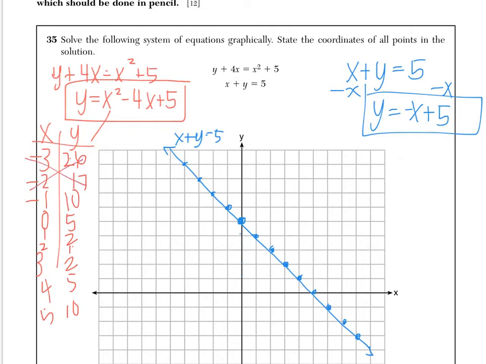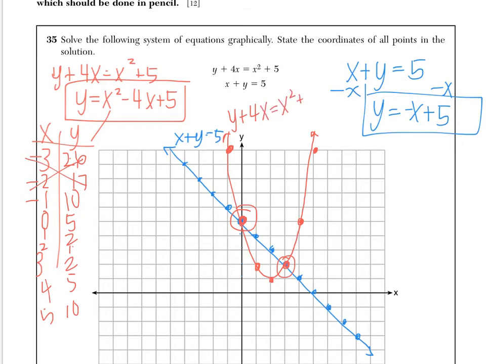Obviously I'm not going to graph the first 2 coordinates, but I can graph -1, +10. So that's here. Then 0, 5, 1, 2, 3, 4, 5, that's here. Whenever I get a double dot, meaning they intersect, I'm going to put a circle around it so I don't lose it. Over 1 up 2, over 2 up 1, over 3 up 2, double dot, circle, over 4 up 1, 2, 3, 4, 5, over 5 up 10. So we have this nice symmetric quadratic equation being plotted here,